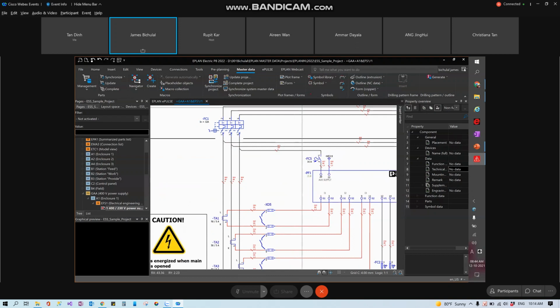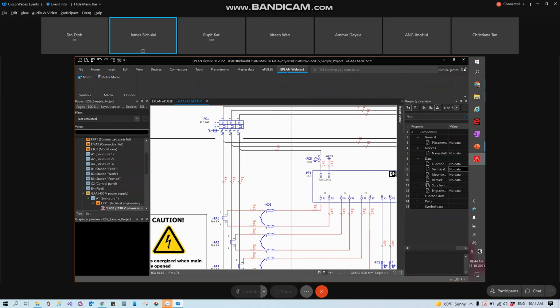And one more thing, in your toolbar, this ribbon toolbar, you can create your own ribbon also. That means you can customize your ribbon. For example, here you can see I have added Eplan webcast, and under this new tab, you can create different command groups. Suppose you are using some frequently